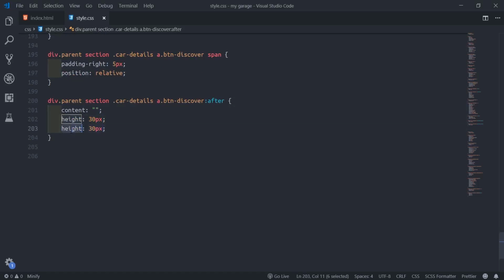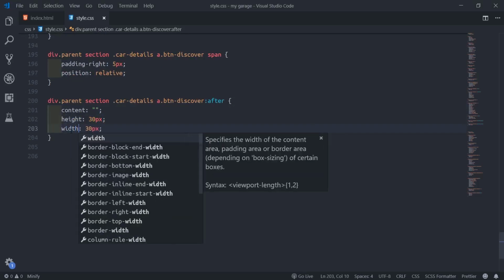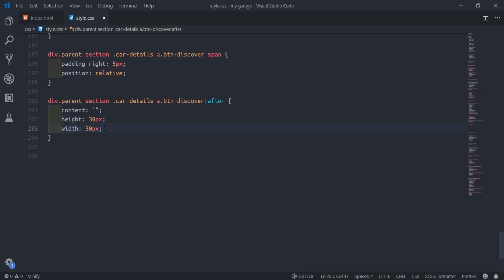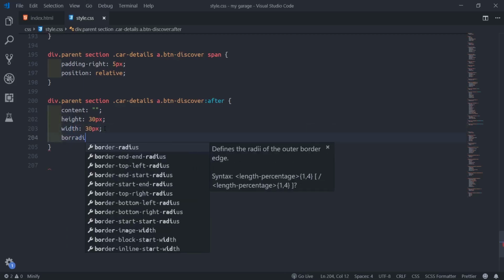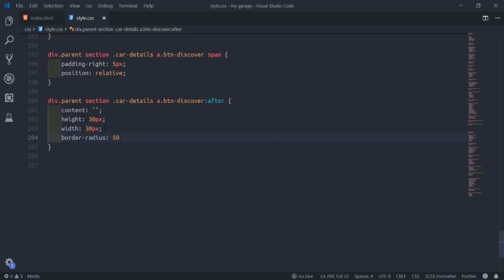Then I'll duplicate and say width. Then border radius will be 50%.